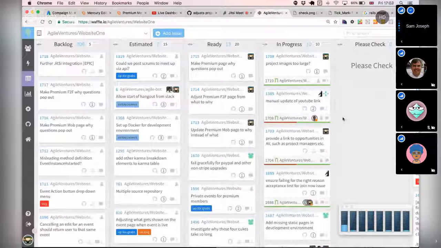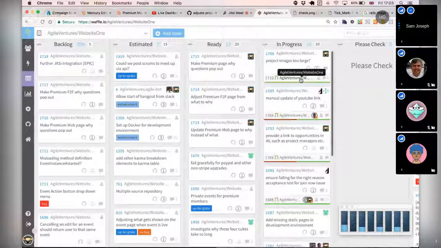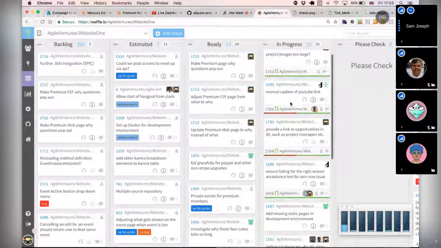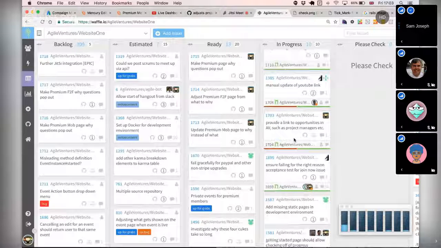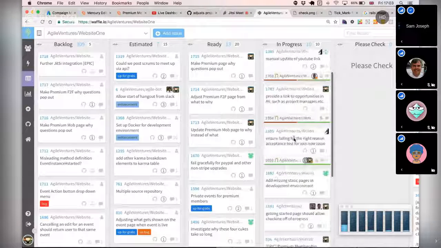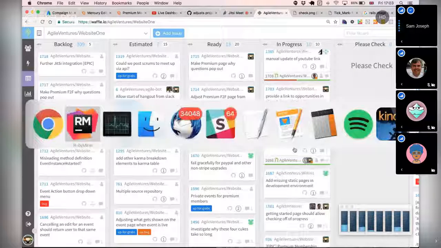So now, we've got various things in progress here. I'm working on the product images. Lokesh, you're working on the manual update of the YouTube link. I've got this other thing about linking to the opportunities, which I've pushed to one side. Chatlio has been live on the site for a couple of days, and no one has used it.